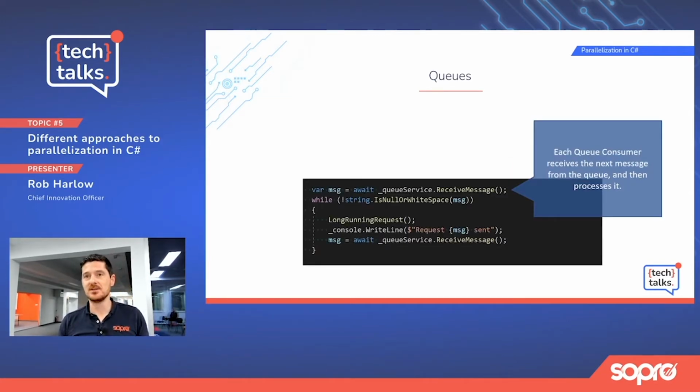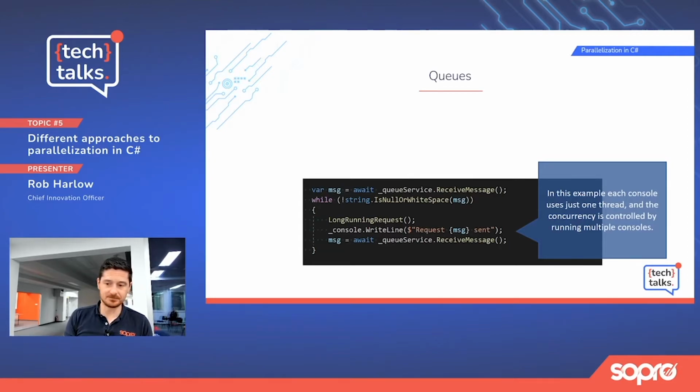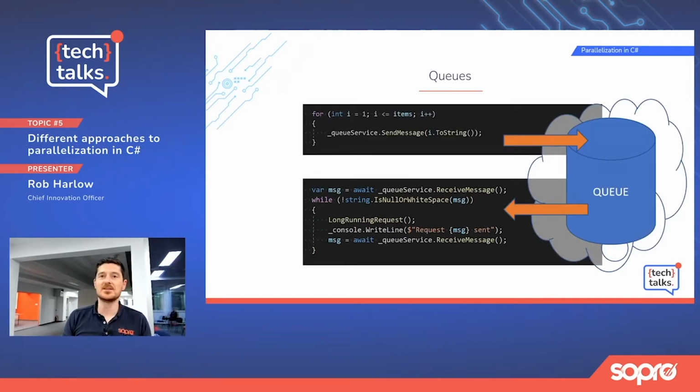Separately, we have consumers, and this is an executable program which is receiving a message from the queue and effectively allows us to control the threads even more manually. Now, each one of these queues is a single thread. It's receiving a message from the queue, it's processing that message, and then it's waiting for the next one. And so kind of core to this is the decoupling of concurrency from the underlying hardware. The queue sits separate. In this example, it's an Azure queue, sits in Azure storage, and can be accessed by any system and allows us to have many consoles or many consumers running on many different platforms,